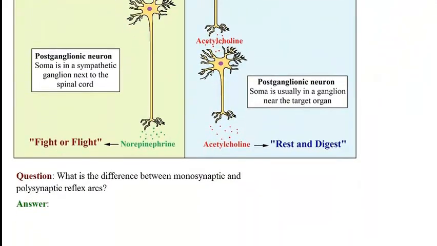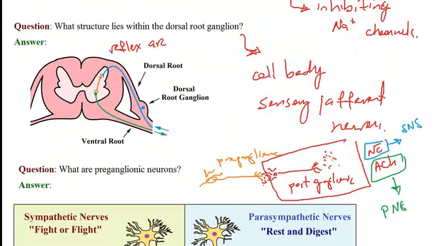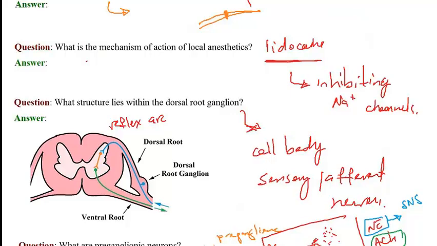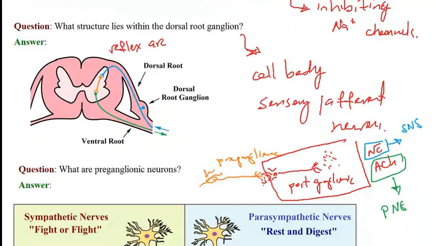The next question is, what is the difference between monosynaptic and polysynaptic reflex arcs? So with the monosynaptic reflex arcs, the sensory nerve is directly synapsing on the efferent nerve. So here we have the sensory nerve directly synapsing onto the efferent nerve, as a consequence of which, since there is only one synapse, we call it monosynaptic. On the other hand, once we have interneurons in between, that's the time that we call it polysynaptic, because now we have multiple synapses. And here, this example was an example of a polysynaptic reflex arc.